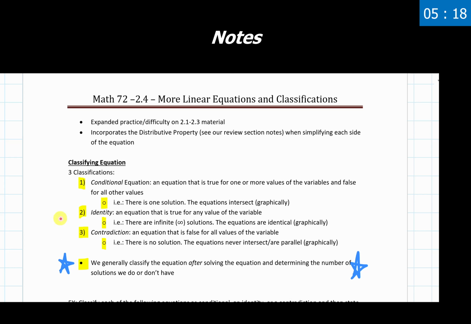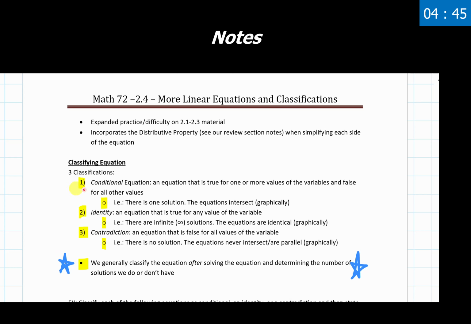So my recommendation is, before we try to figure out which one of these three classifications a problem is at the beginning, just follow the process that we did in 2.1 and let that reveal to you which of these three types of equations we have showing up. I think that's by far the most effective way to do this, and I am personally not aware of any trick that's going to help you get to one of these three classifications any faster. But let's dive into these classifications and see what they actually are.